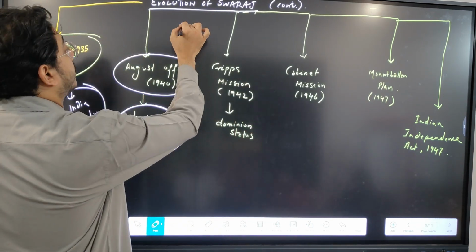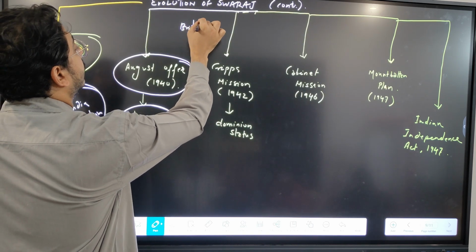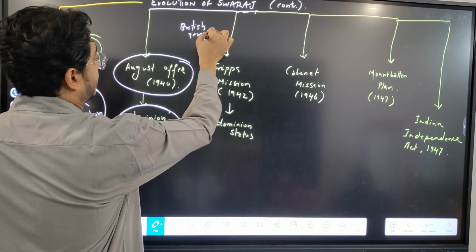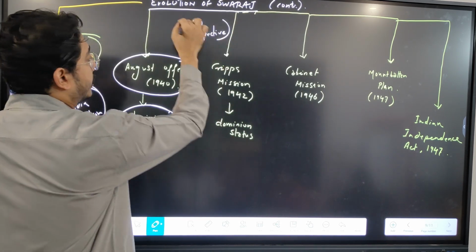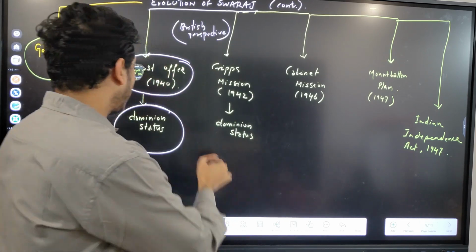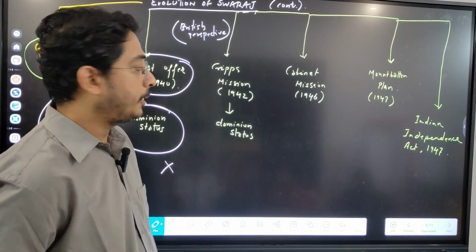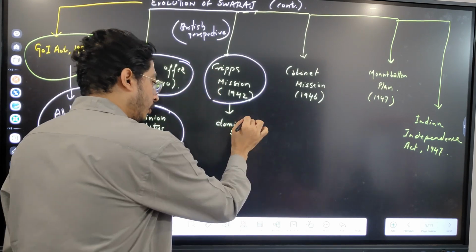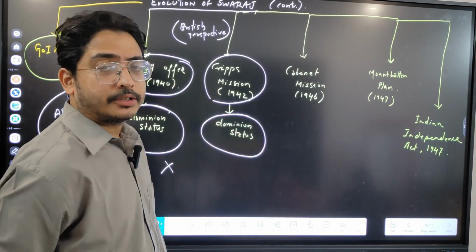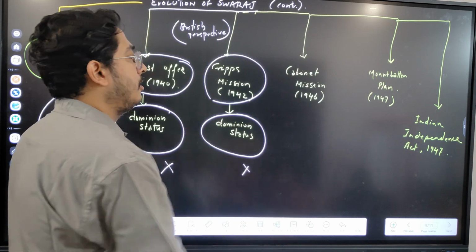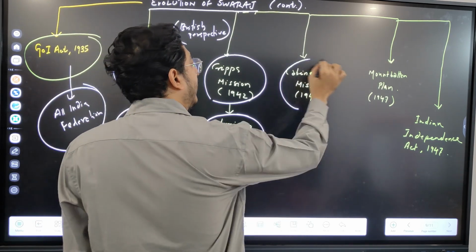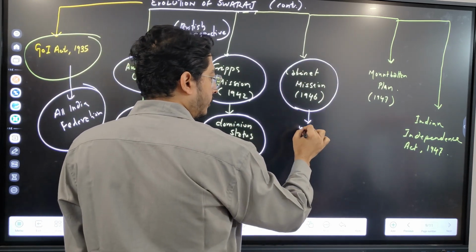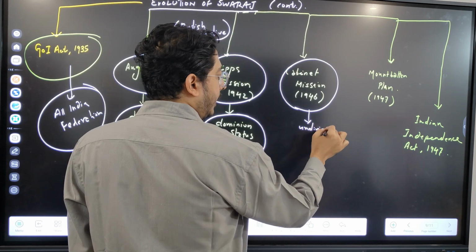Now these are all from the British perspective. The British are still in dominion status mode. So these are all getting cancelled by INC. Same goes with the Cripps mission. Again the British are offering dominion status, and again it gets cancelled. Finally, the cabinet mission came in 1946, which talks about undivided India